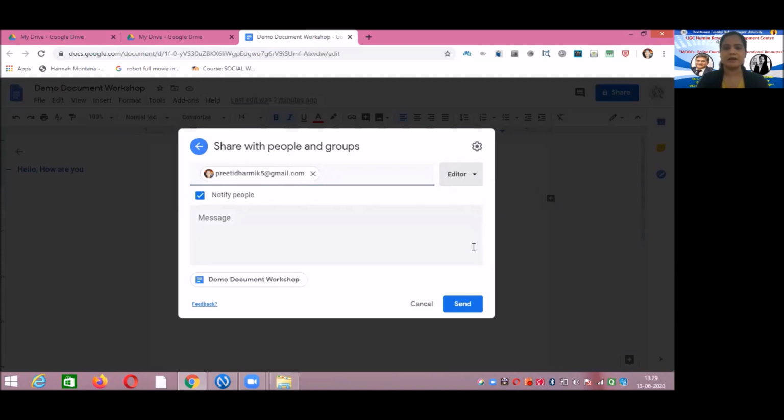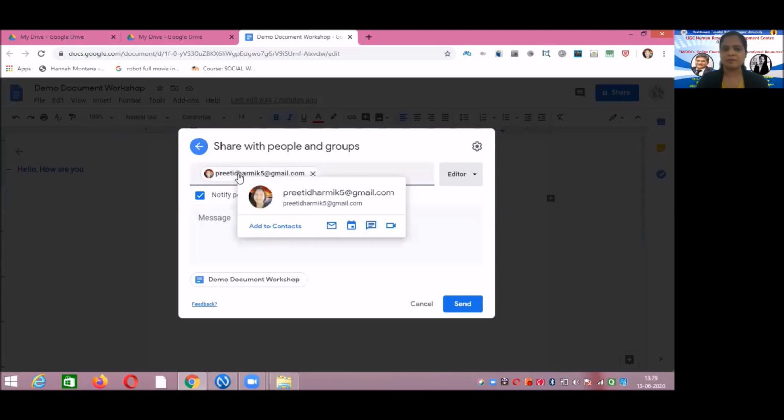That means right now I have shared this document with this particular person, and this person has the right to edit, to make any sort of changes in this current document. Fine. And then click on send.